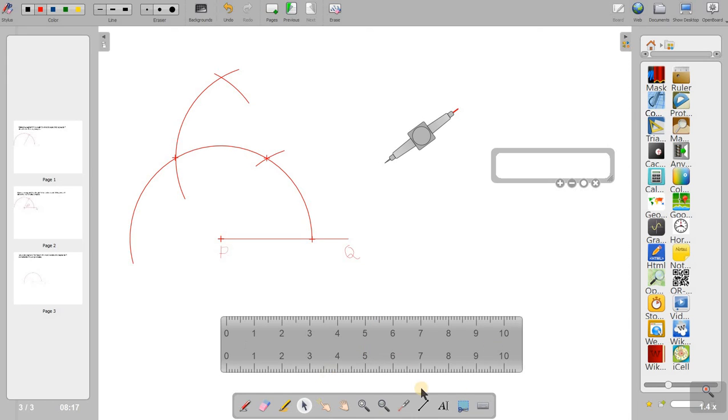Now to draw the 90-degree line at P, I just choose the line segment here. From the point P here, click, and I will just raise it, passing through the point of intersection of the upper arc. This angle is your 90 degrees. This angle of yours is 90 degrees. I will just make a simple line-like structure here. This is your 90-degree angle. So at P we have made a 90-degree angle, and this is all about it.